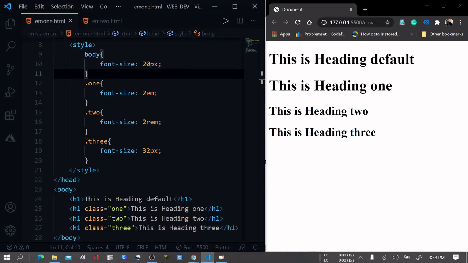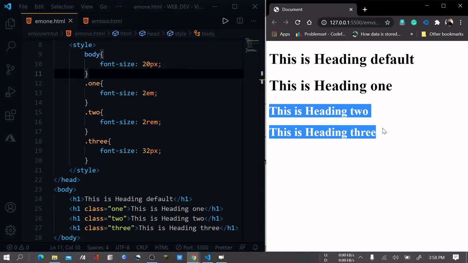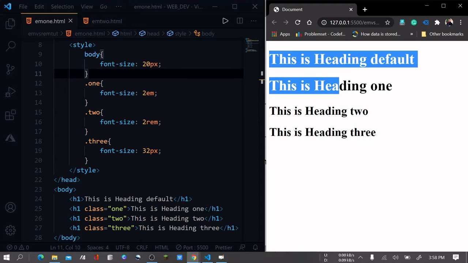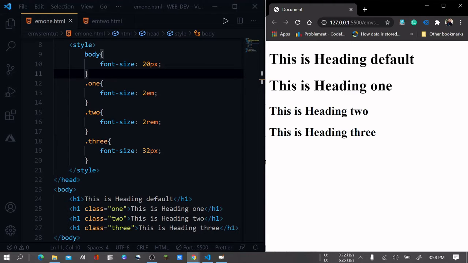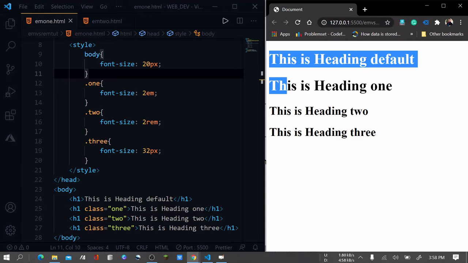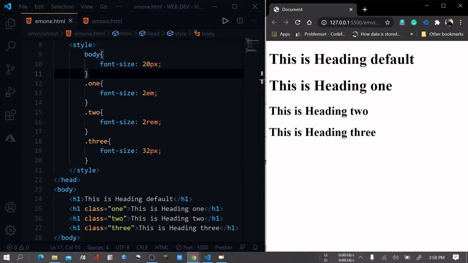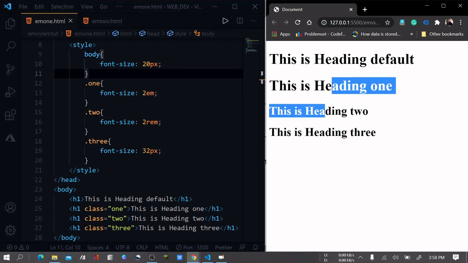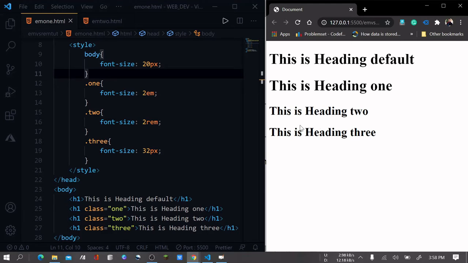Here you see these two headings are the same, and these two headings are the same. What I want to say is the font size of this heading and this heading is the same. I will explain why it is like that.